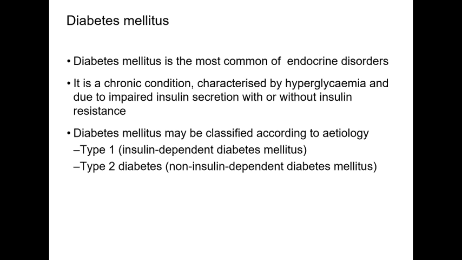So type 1 diabetes is insulin dependent diabetes mellitus, while type 2 diabetes is non-insulin dependent diabetes mellitus. So the basic difference here is in type 1 diabetes mellitus, there is insulin deficiency. So giving insulin injections results in treatment of the disease. On the other hand, in type 2 diabetes mellitus, it is non-insulin dependent, meaning it does not depend on the amount or concentration of insulin, and even if we give insulin injection to these patients, diabetes is not